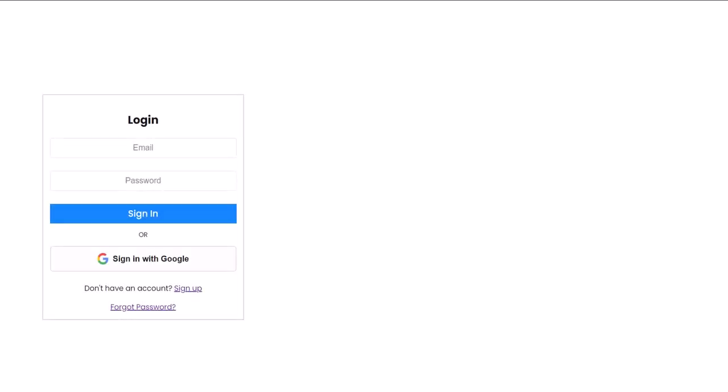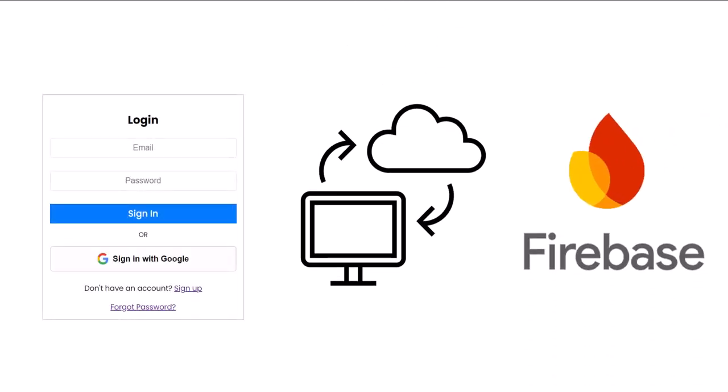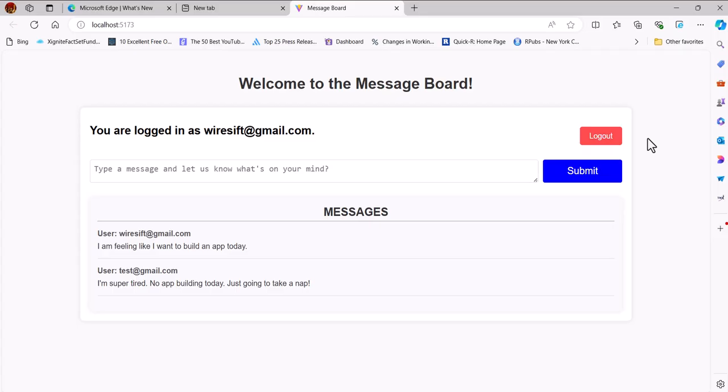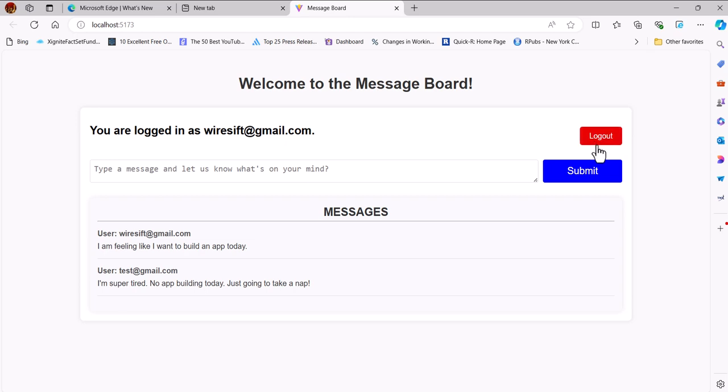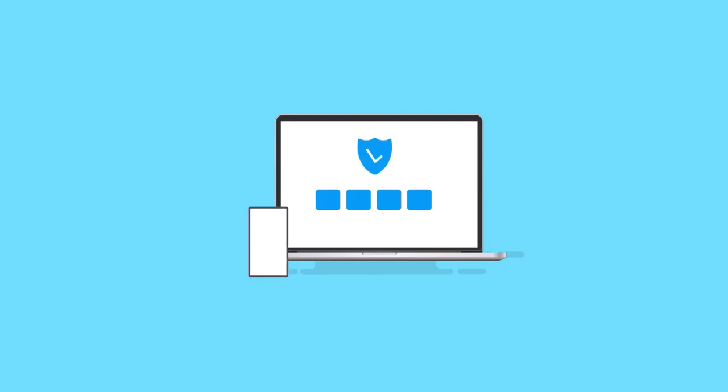Hello everyone. In this video, I'm going to show you how to quickly and easily set up authentication on your web app using Google Firebase. We're going to build a message board application. You'll be able to sign up and sign in securely with either email and password or with your Google account. After you're done with this video, you'll be able to implement Firebase authentication on any of your applications, including web